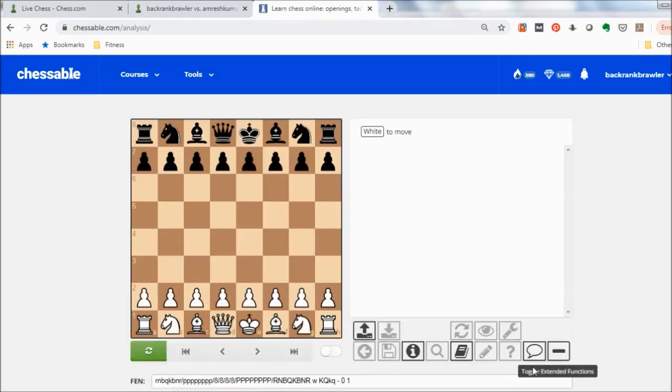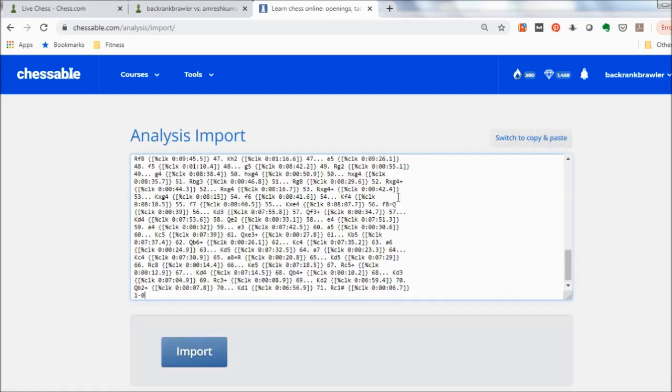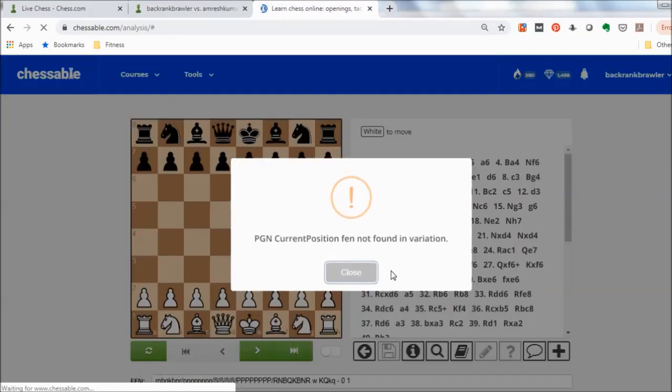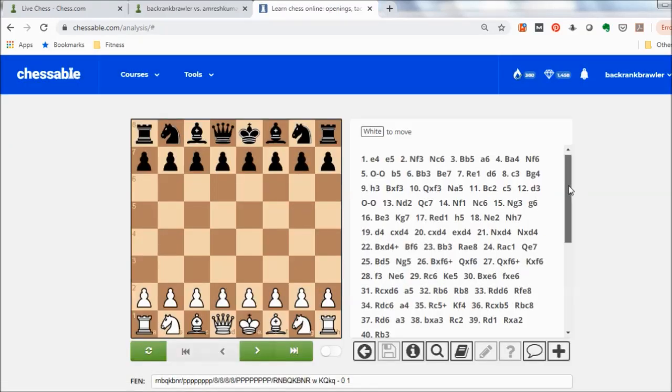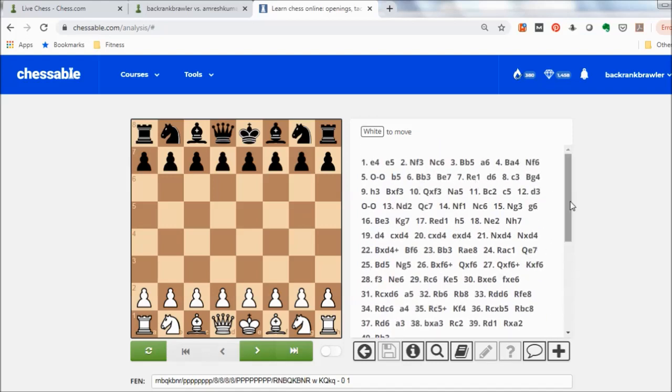Okay. And here I'm going to import the PGN, and it allows you to copy and paste. So I'm going to go ahead and do that. And here you can see the notation of my game. Okay, so from here, you're going to click on this button, and this is the Opening